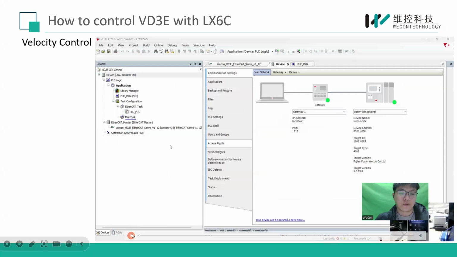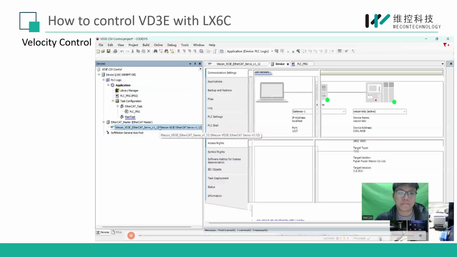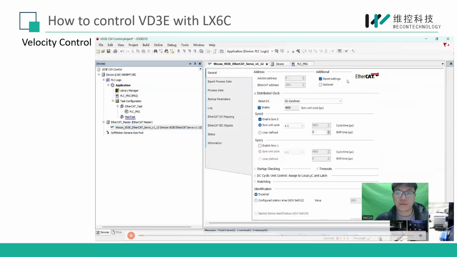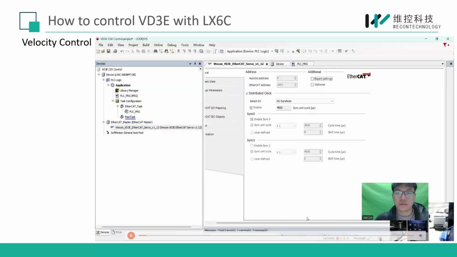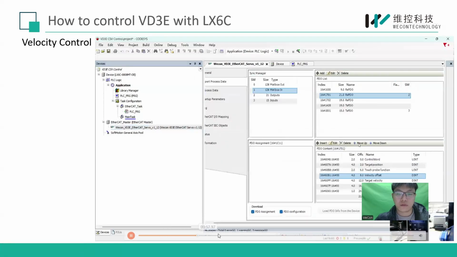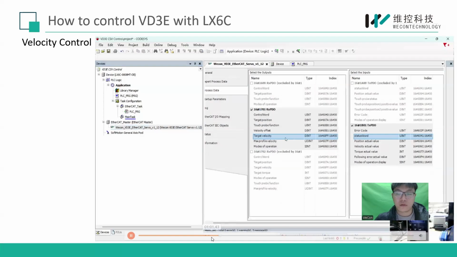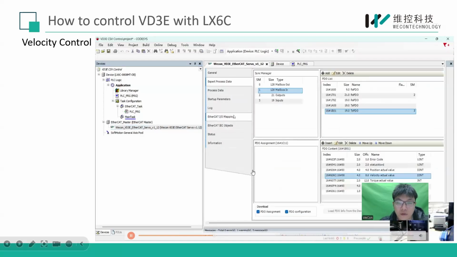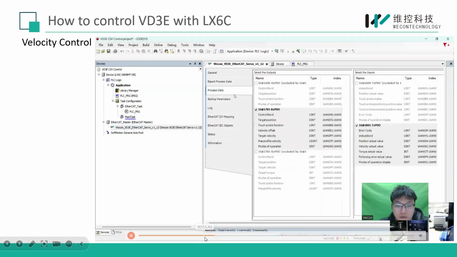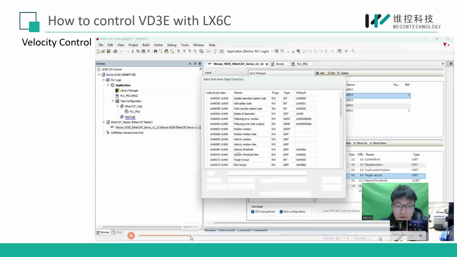And the last for velocity control. After the PDO configuration finishes, how to change